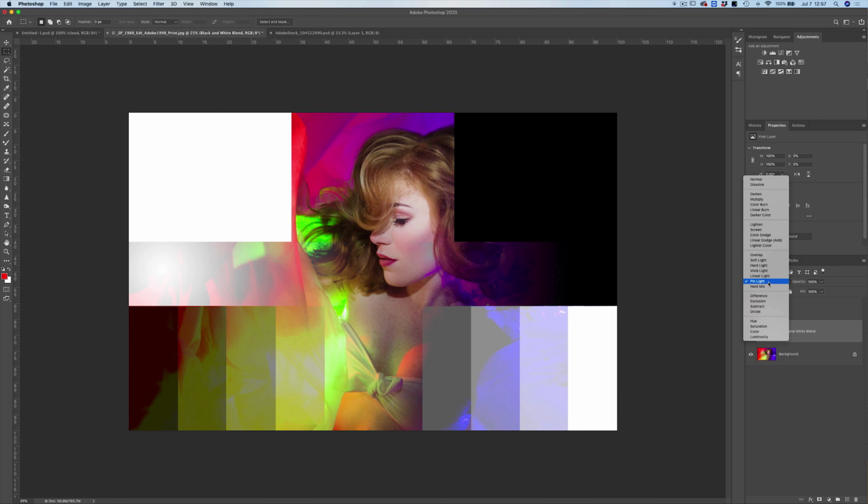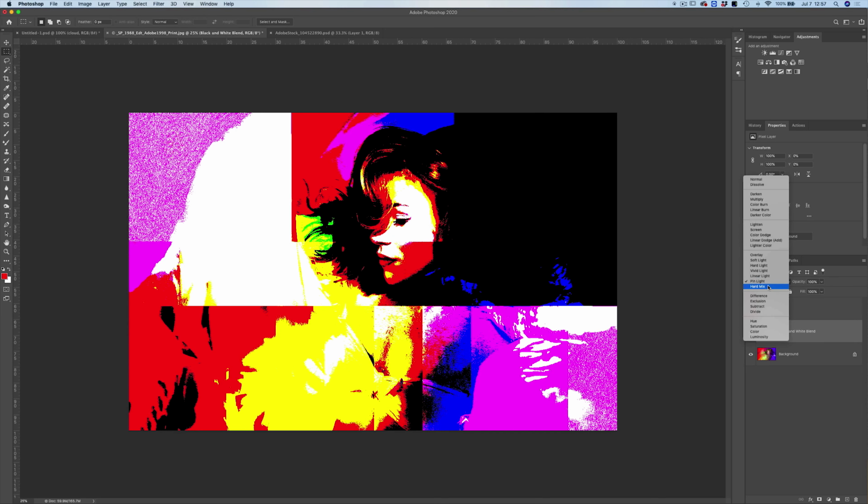And then our last one is hard mix. So this is the only one where 50% gray is not completely invisible within our contrast blend modes. What it does is it basically cuts the image and divides it into 8 colors, and it finds the closest color and applies that color to the area, kind of like posterizing it would be.